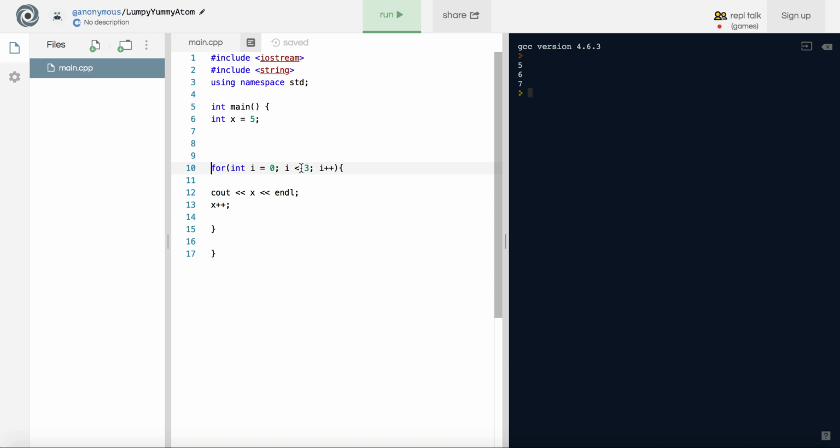And this condition is still true, right? And so we're going to print out x. Remember, x is 6 now because we just incremented it. We're printing out 6. Then we increment x, and now it's equal to 7. But we incremented i as well, right? Now i is equal to 2, and so that condition is finally met,